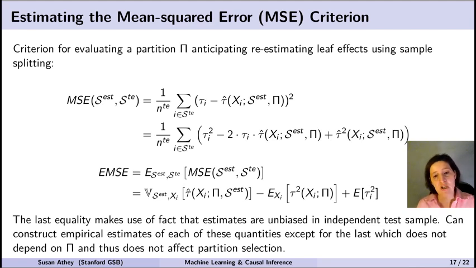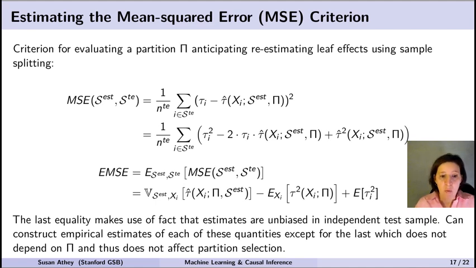So when I take the expectation, I can do a little more algebra, and I should say, you have to do a few more lines of algebra behind the scenes to get to this expression. But when I take the expectation, I can do a little algebra and express it in the way that I've done here in this last equation. The first term is the variance of tau hat. And so basically a tau hat that's more expressive, that varies more, is going to be, all else equal, good at minimizing the mean squared error of the test set.